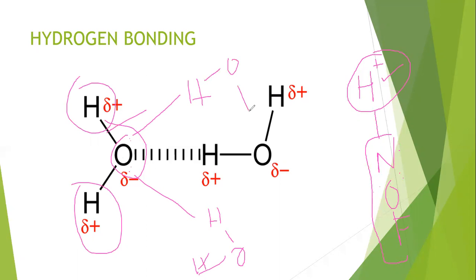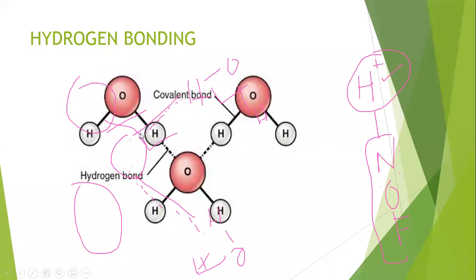The bonding between hydrogen and oxygen is hydrogen bonding, because hydrogen is highly electropositive and oxygen is highly electronegative, and these bondings are represented as a dotted line because these are hydrogen bonding. You have to represent it as a dotted line. Here you can see